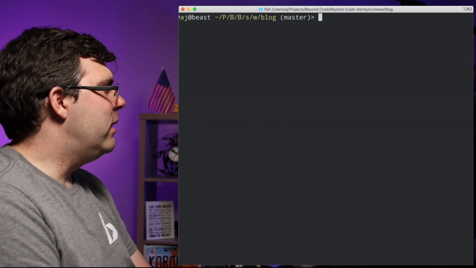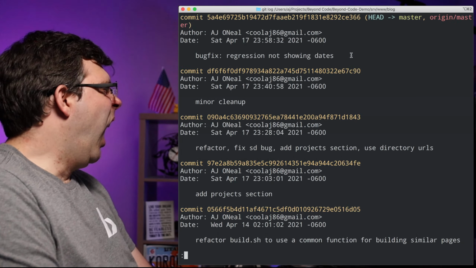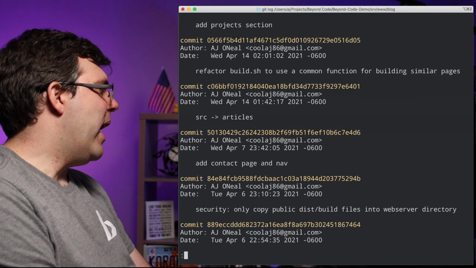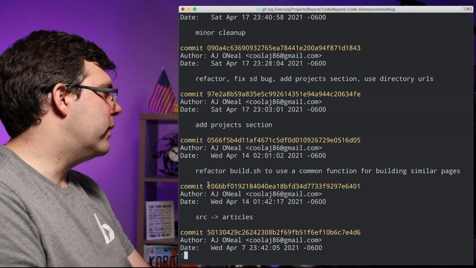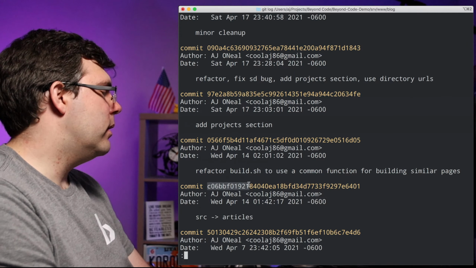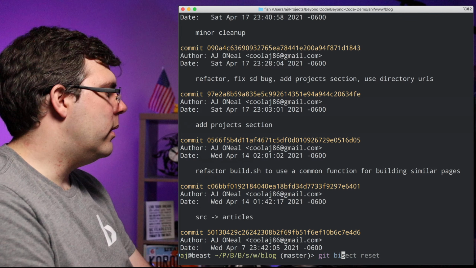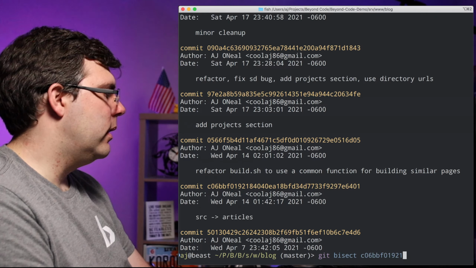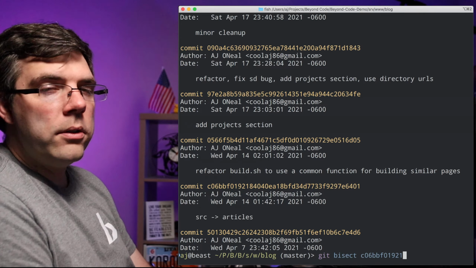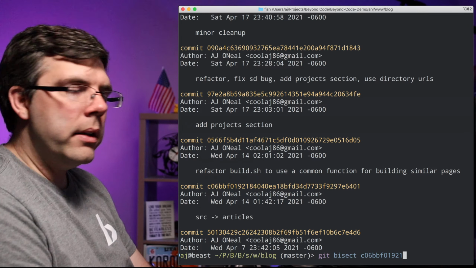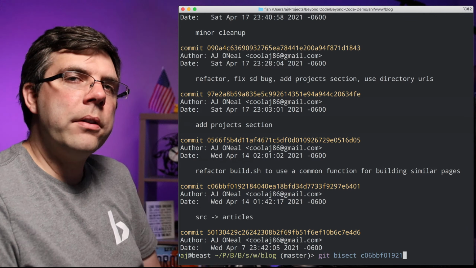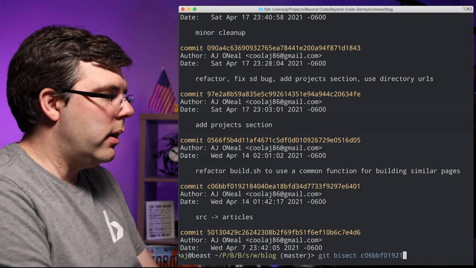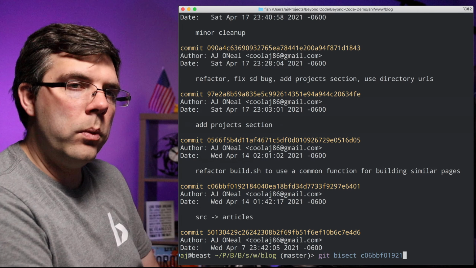But git bisect, I could go back. I mean, I don't even have enough commits in this thing to be able to do it. But I could go back to, say, some number of commits, and I do git bisect, and then I give it a commit, and it's just going to do a binary search, and it's going to check out some copy of the branch, and then it's going to ask to inspect the branch, and then tell it whether or not that